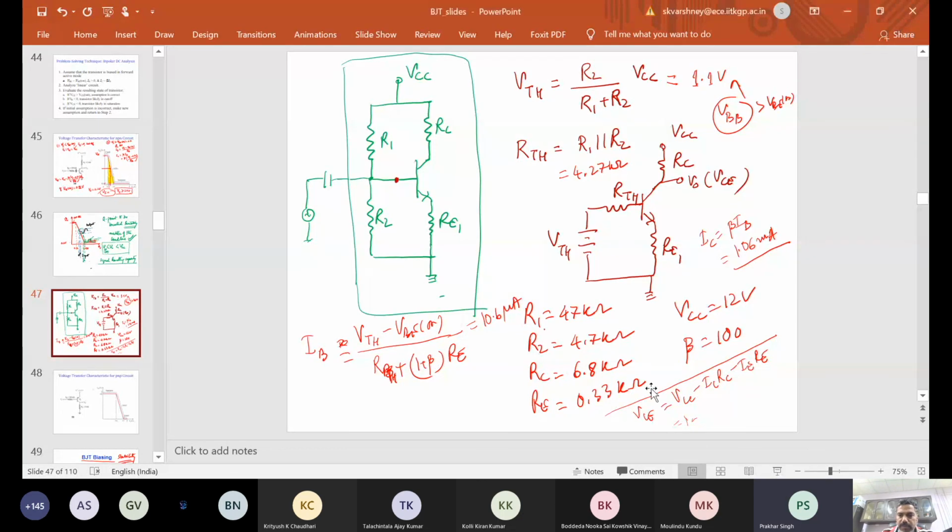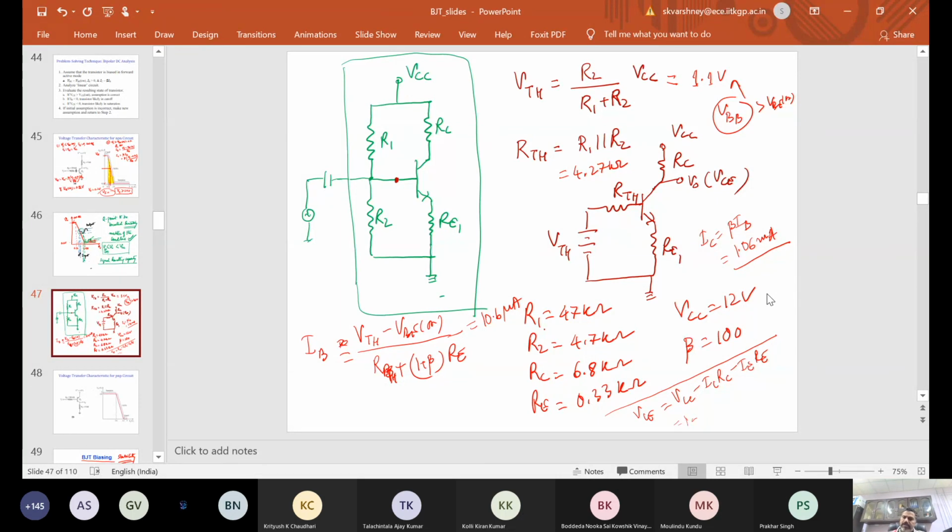Okay. So that's 4.4, right? So roughly nearly half. For this circuit, I have omitted RE2 also, I just took RE1. So what you see from here is that VCE is around 4.4 volt,